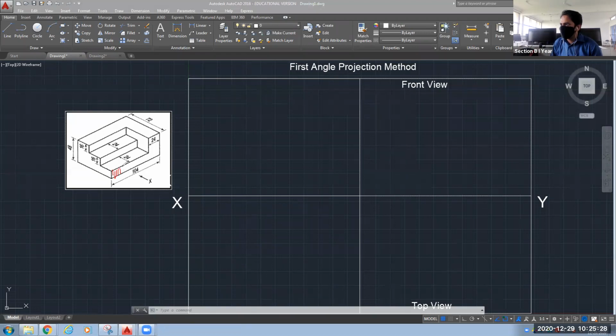I'm just hatching it. If the observer is at this position, this is your observer, you will be able to see this face.